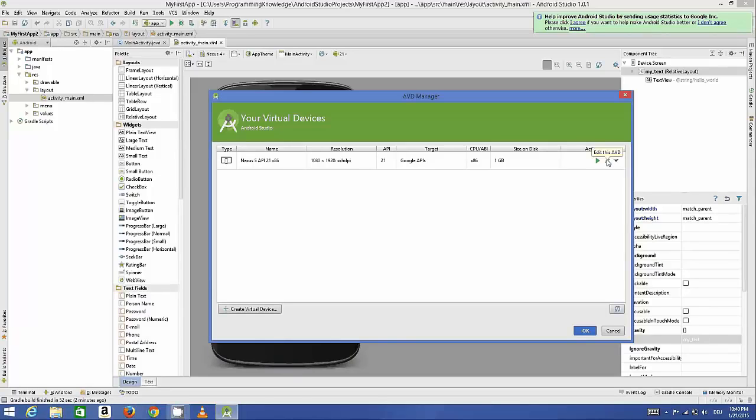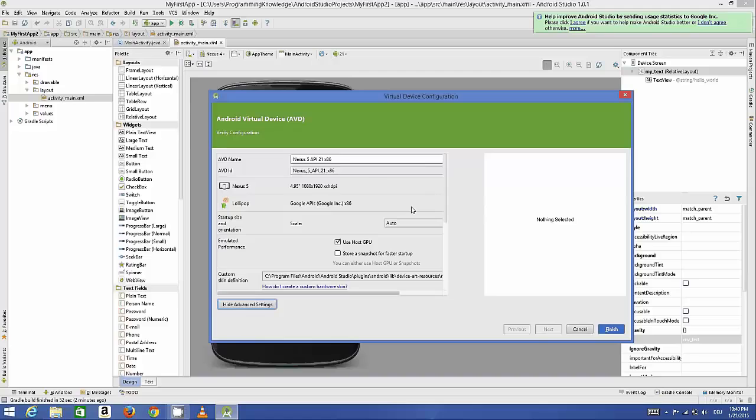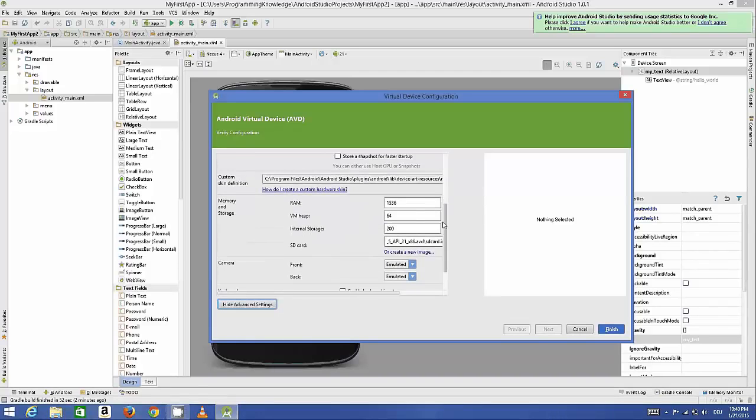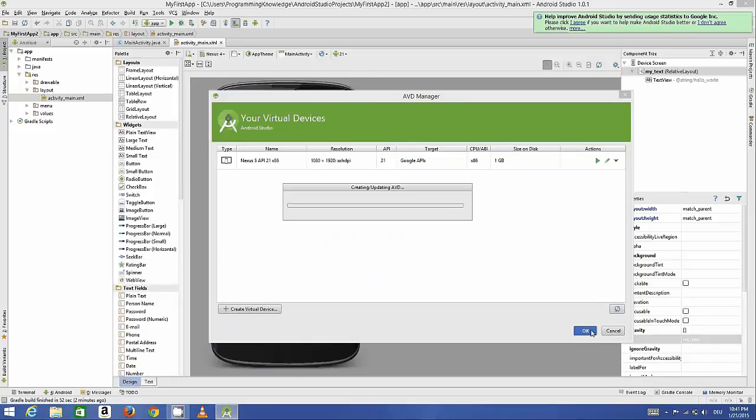Okay, and in the show advanced settings you can even do some advanced settings, for example RAM settings or VM heap or internal storage, right? So for now by default I can see this RAM is 1536, which I think we need to change, but for now I will leave it as default because I want to run my application and see if any error occurs. We will change this RAM, because sometimes whenever you run your emulator for the first time, it gives this